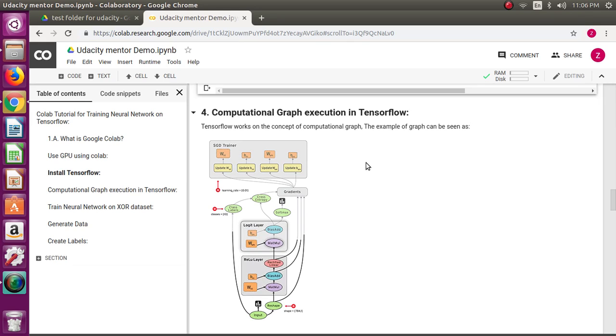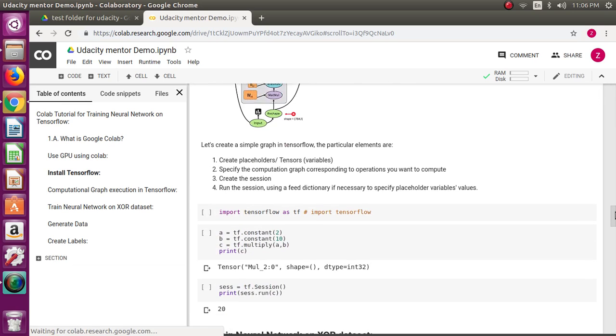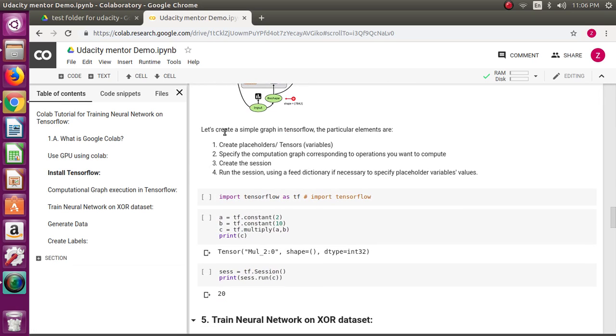It's a bit difficult to understand this whole process, so to understand in more detail, we just consider the basic steps for a computational graph. The computational graph contains 4 steps. In TensorFlow, when you are going to create a graph, you need to create placeholders or tensors. The difference between placeholder and tensor is that